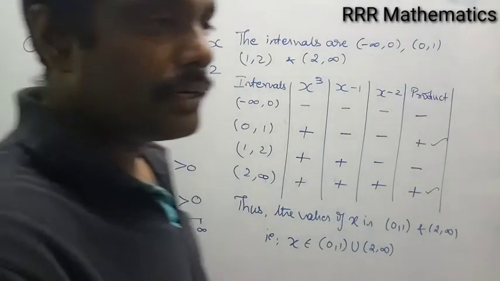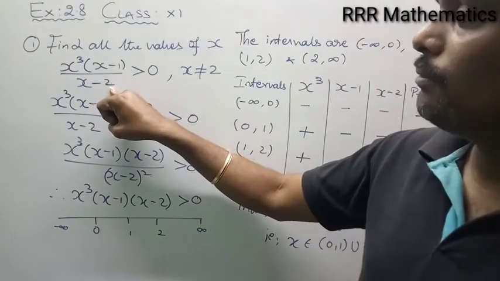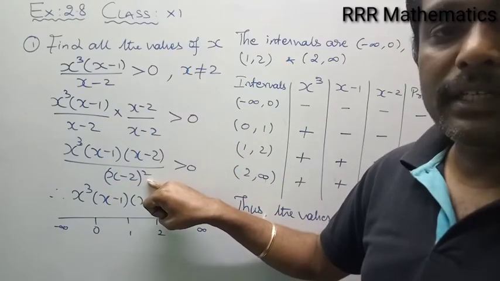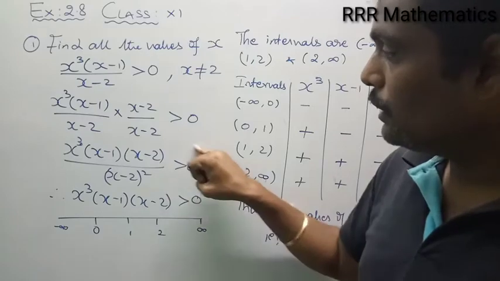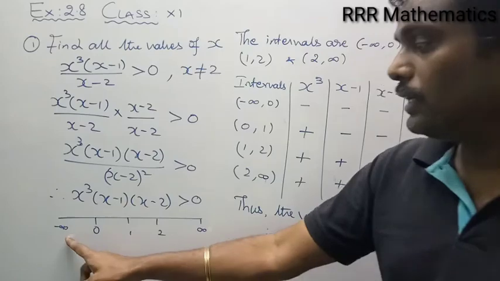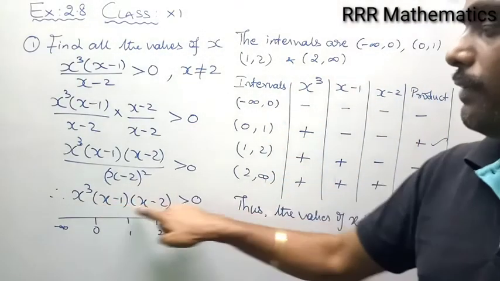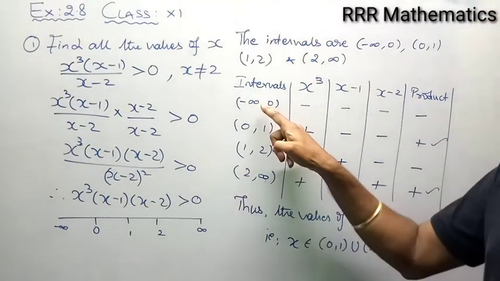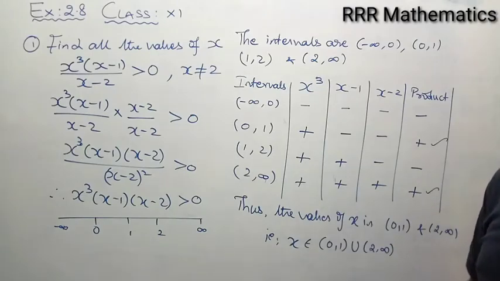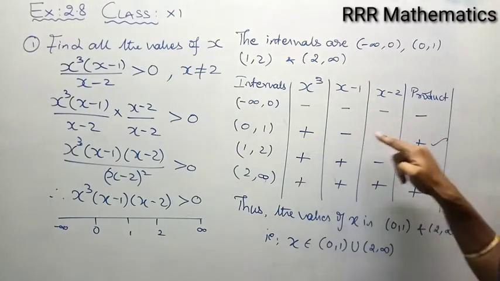In case of inequality, if you want to find the value of x, very first step, just see the denominator, multiply the factors of the denominator in numerator and denominator. So I will get a perfect square in the denominator, which means positive. According to the inequality, you wanted to declare whether your numerator will be positive or negative. Afterwards, in order, you want to find the intervals. Write all the intervals in order here and write all the factors. Select a random value from the interval and substitute here. No need to find the value. In this case, you wanted to conclude the sign. So I can conclude in this case maybe negative, negative, negative, positive, negative, negative, etc.